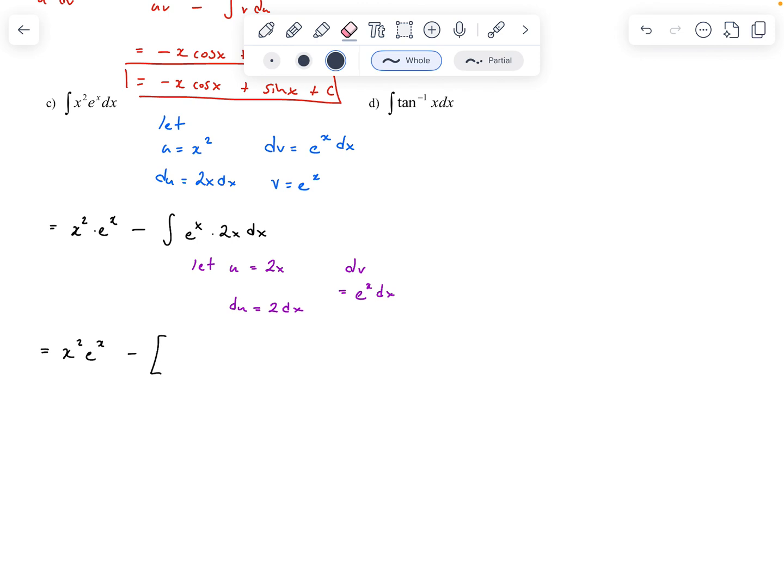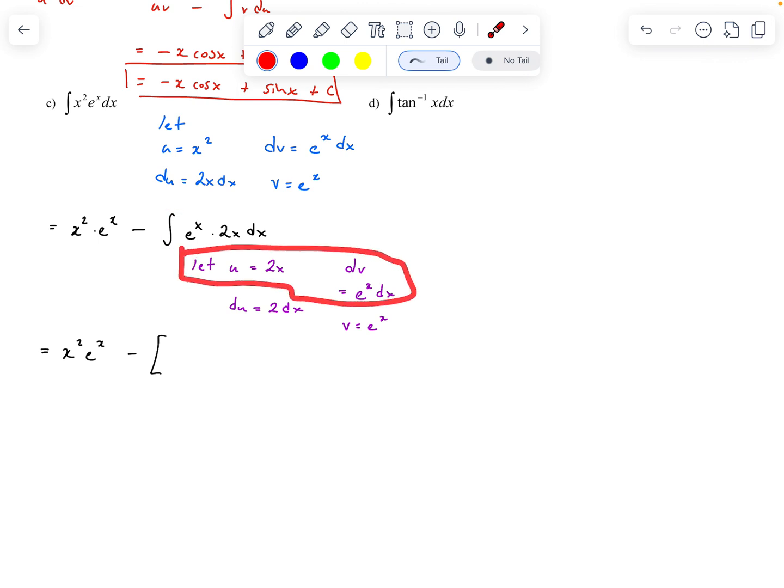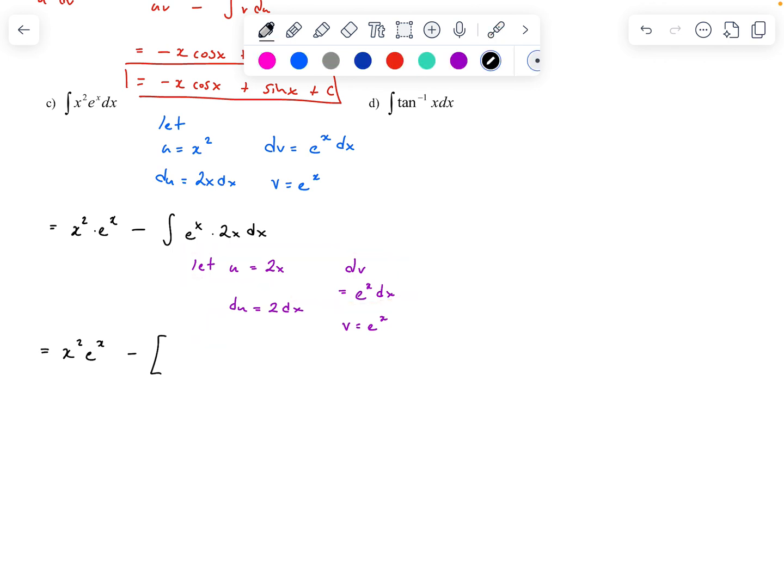Okay. So the integral of e to the x 2x, that's u dv, and it's going to be uv